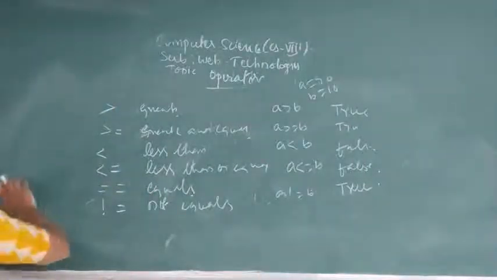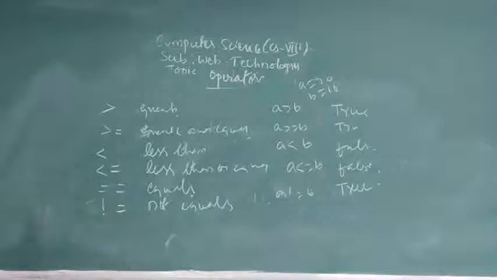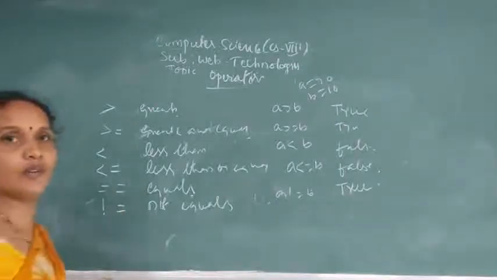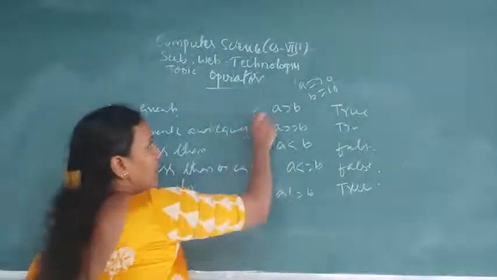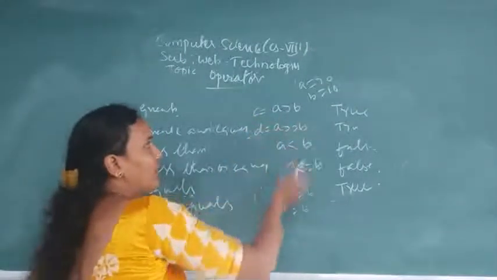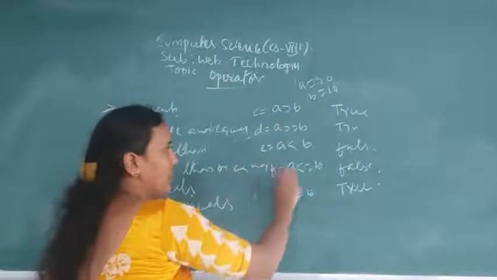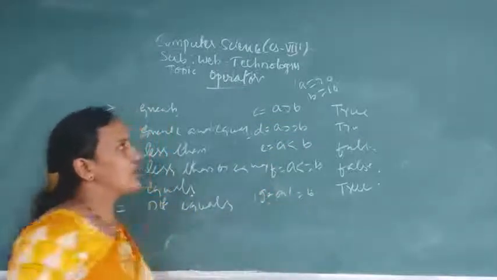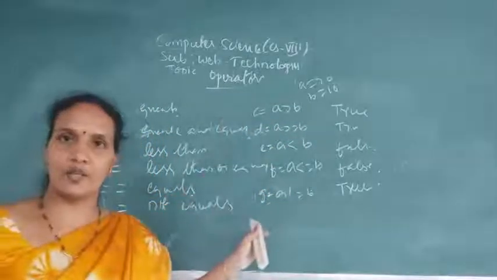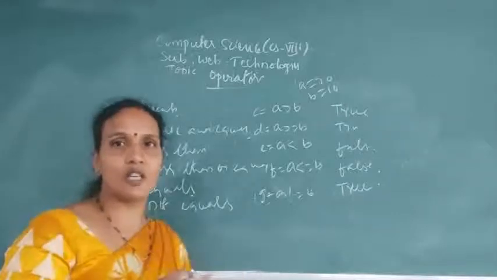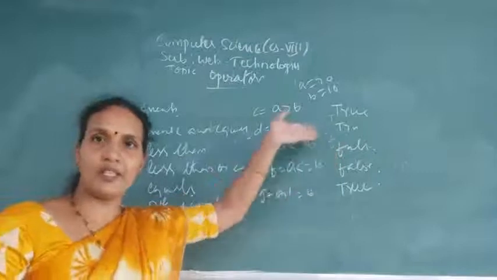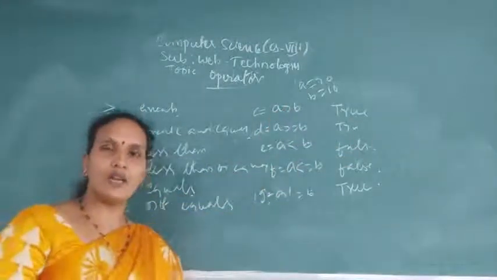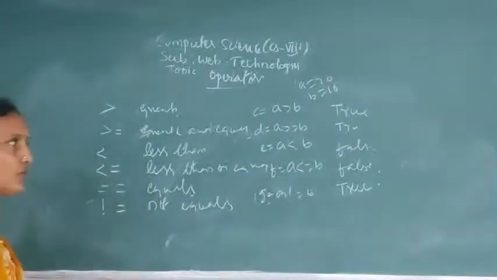Now you write all these statements, like just now I did an example program for using arithmetic operators. Just write it like this: C equals to, D equals to, E equals to, F equals to, G equals to. Put this inside the script. As C equals to A plus B is given, you give C equals to A plus B, replace this expression, print it and check whether it is correct or not.